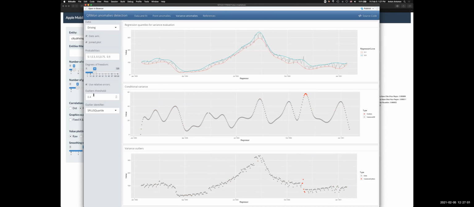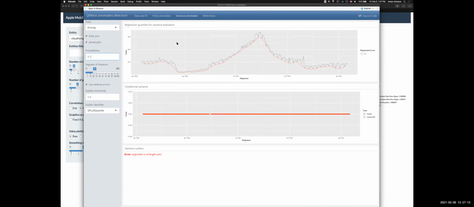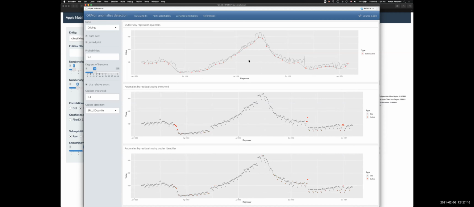And I can also do some other stuff related to that. Some of these algorithms can be helped in some way. For example, if I put only one probability, 0.1, and look into my point probabilities here and use absolute errors, let me see, can I convince you that this is going to work? I might use not so many degrees of freedom or number of knots for which the quantile regression is done. I can actually identify these points here as anomalous.